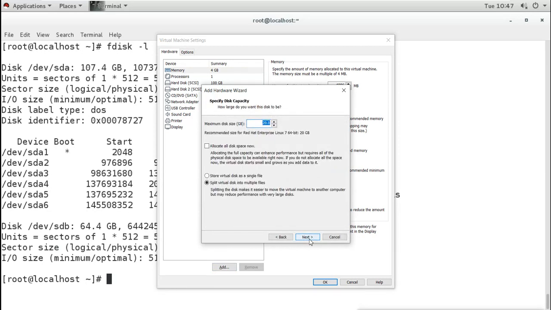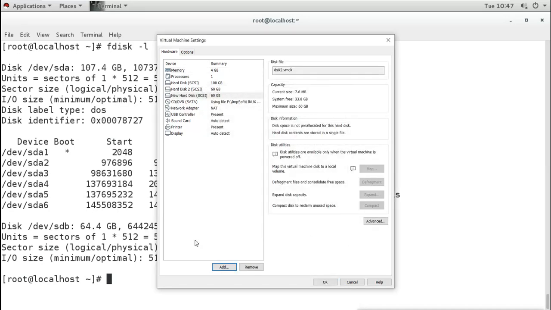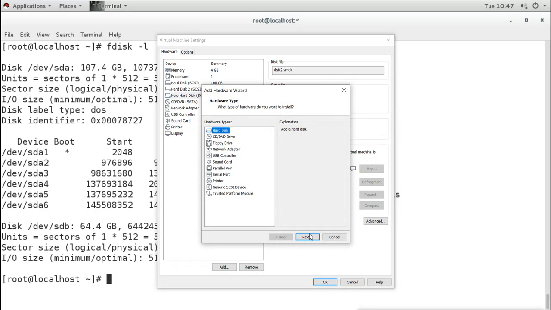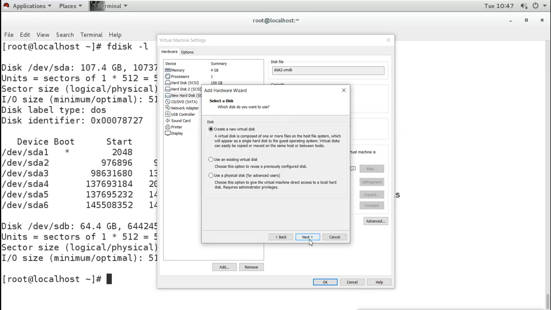This one is 60 GB, so I'm going to add this one also as 60 GB. Next, this is my disk 2. So we have two disks now. We have one disk which is used by the system, and extra I have two disks now.